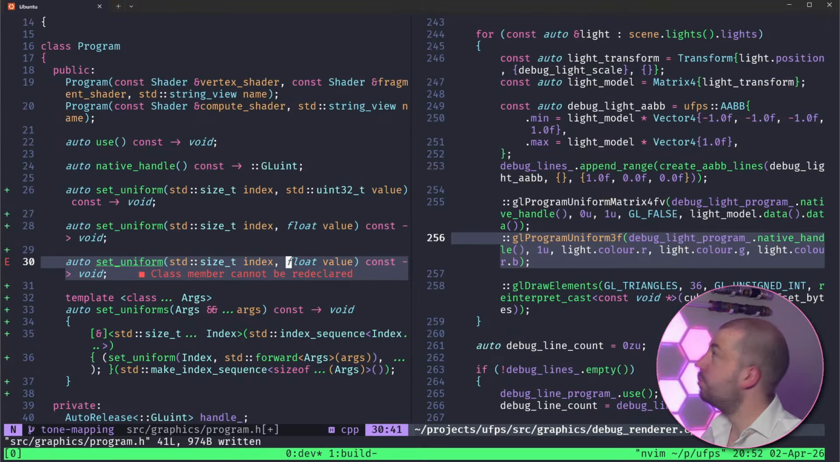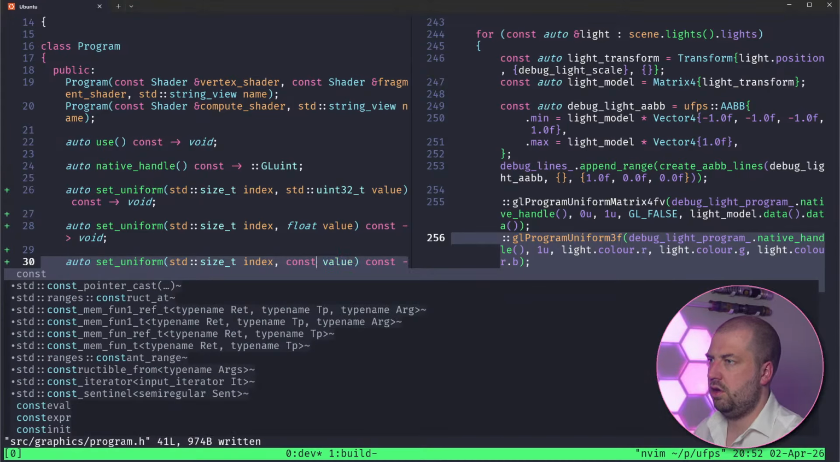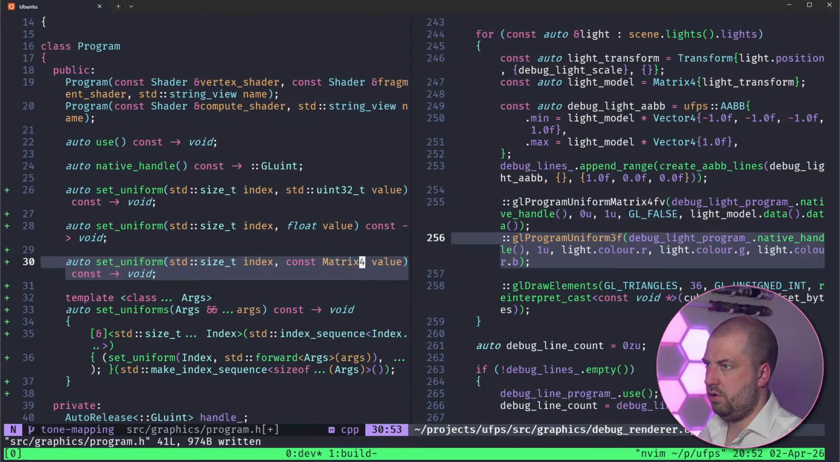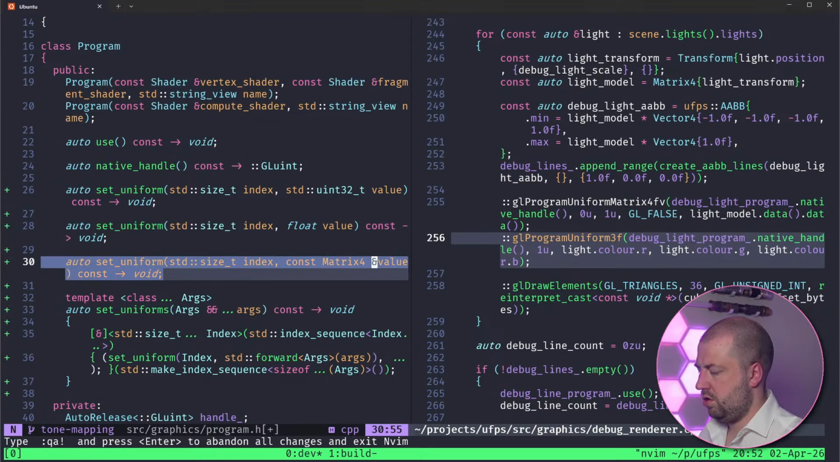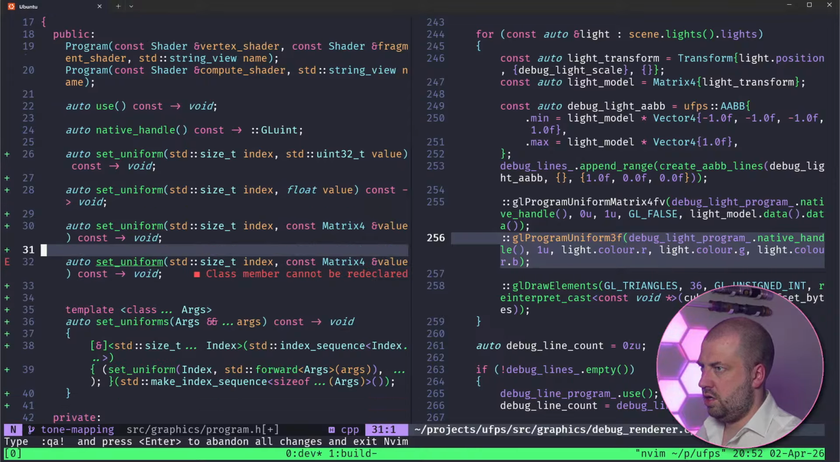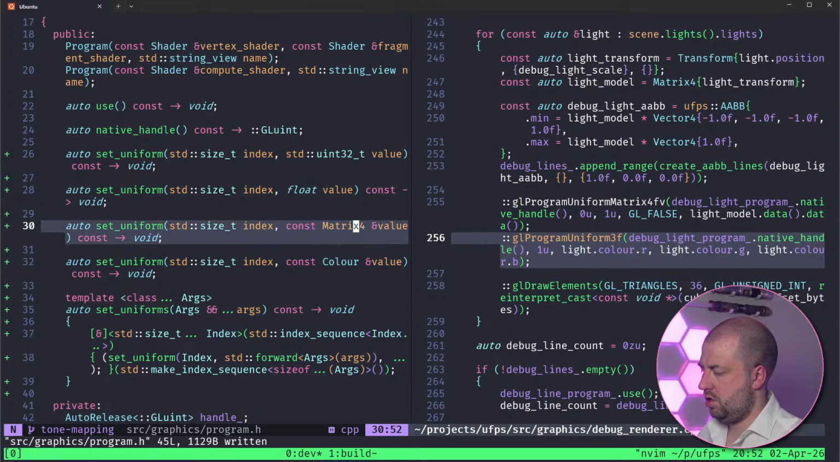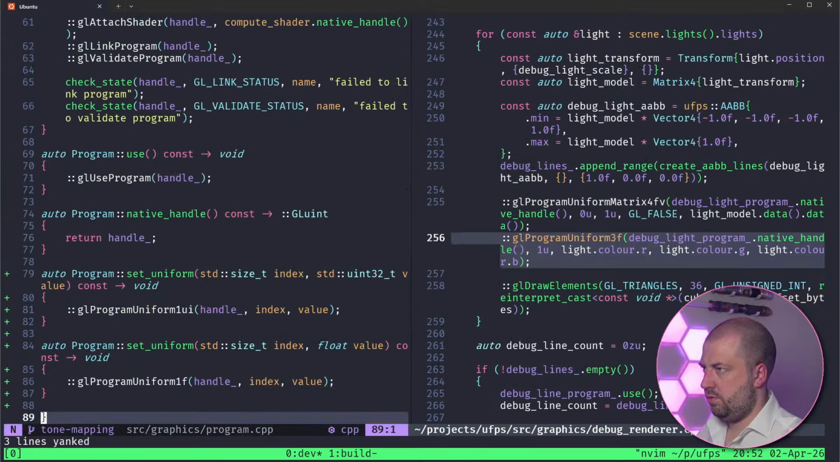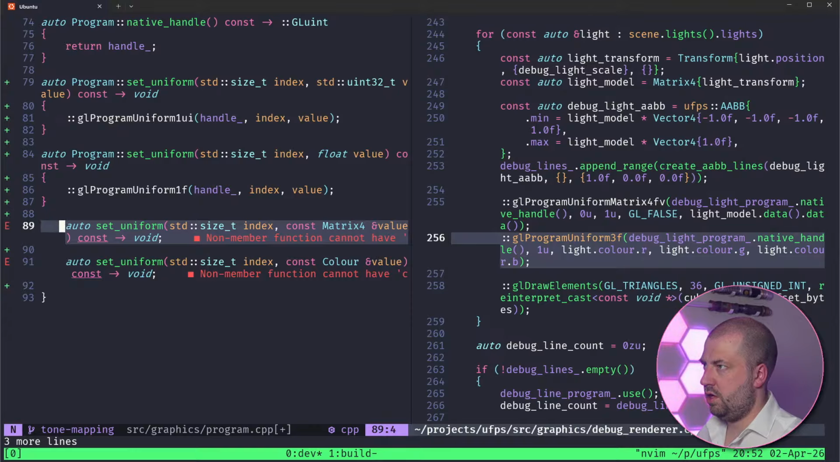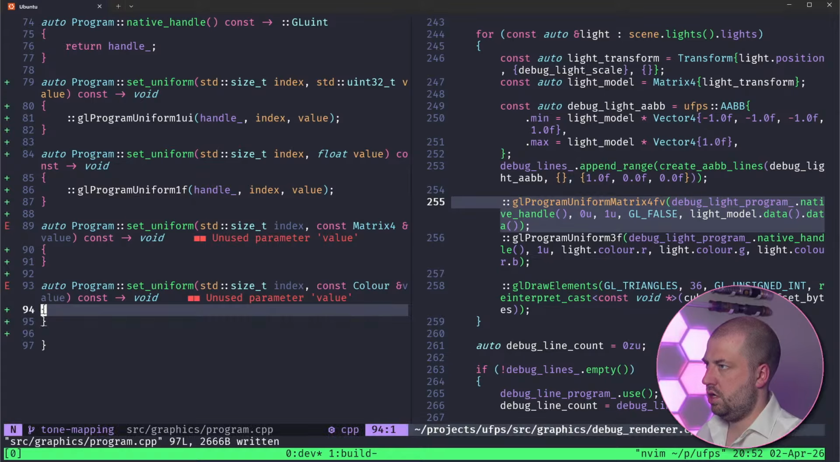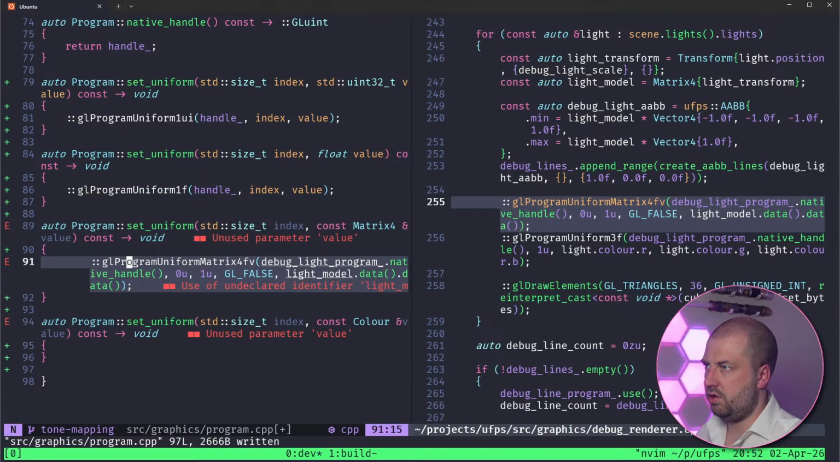So actually, we do want to potentially preserve value categories here. Const matrix 4 and color. Program, go around the bottom here, slap those there. Okay, right, and then we should be able to just yank that across and then do